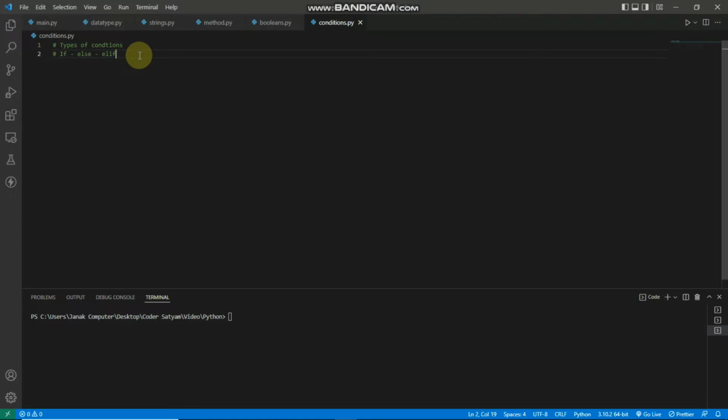So first, let's talk about if. If you want to use any condition, then first of all you have to use if. So for example, here I'm going to type x equal to 5. This is a variable, and here if x is equal to 5, then